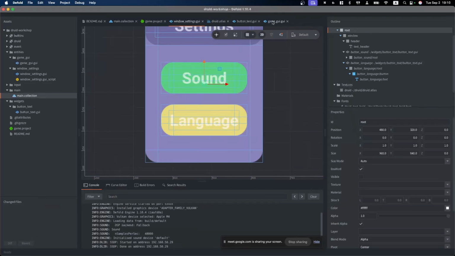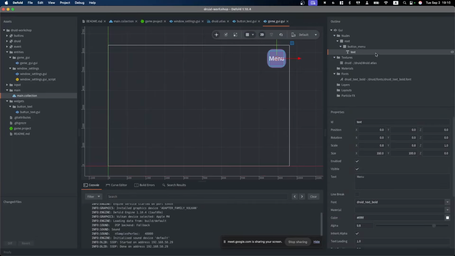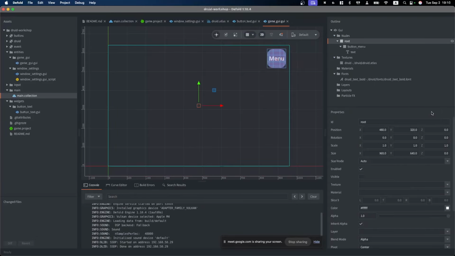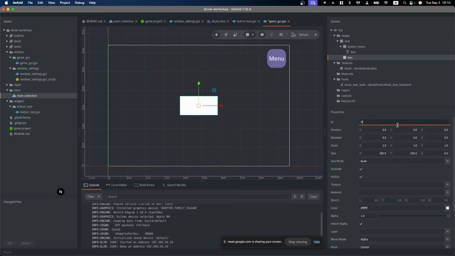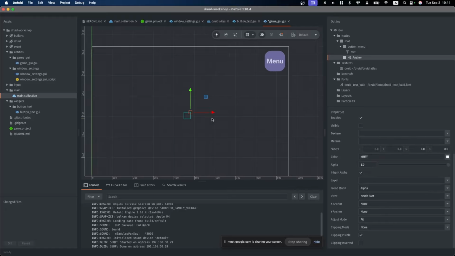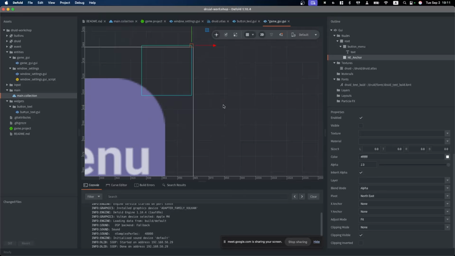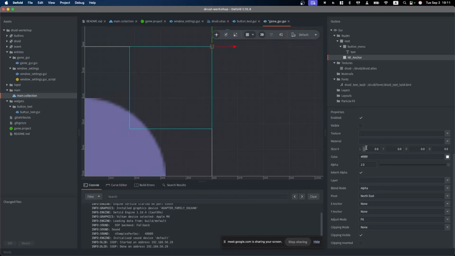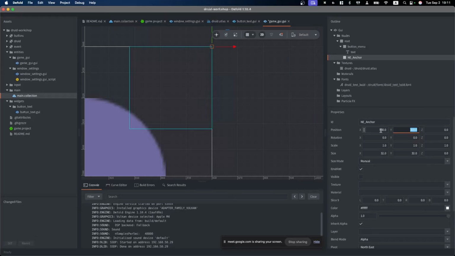For this, I recommend you use special nodes, not helpers, anchor nodes. Let's make a northeast anchor node. It's not visible. It can be small. It doesn't matter which parameters you're using. Pivot also is not required, but it's kind of cool to see on which side this pivot node is placed. And we place this node here at the corner. It will be synchronized with the center because it's now relative to the root.